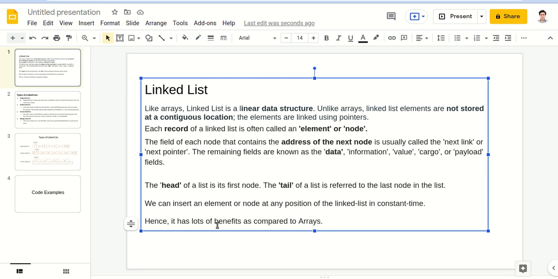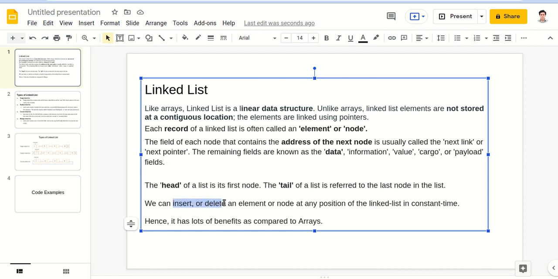So, what is the benefit of linked list? The major benefit of linked list is that we can insert or delete an element or node at any position of a linked list in constant time. Okay, this is the major benefit.